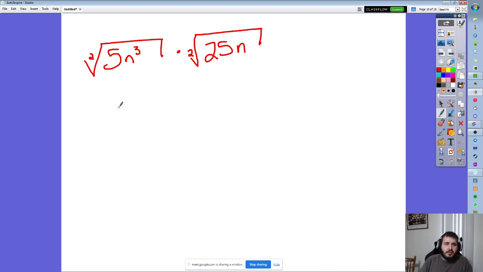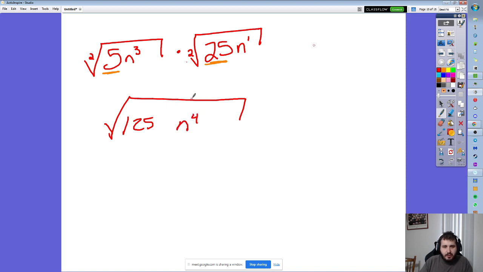All right? So, what are we going to do here? First thing we're going to do is combine the insides. We've got a 5 and we've got a 25. So in our combined square root, that's going to give us 125. We got here n cubed, and here we got n to the first power, because it's just an n, so that's n to the fourth power, because 3 plus 1 is 4. Alright, now that we've done this,